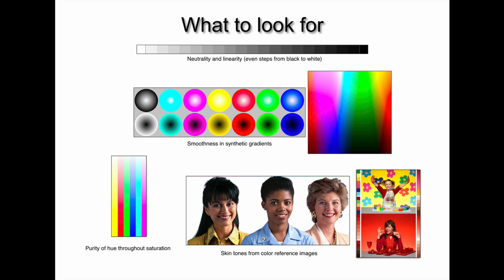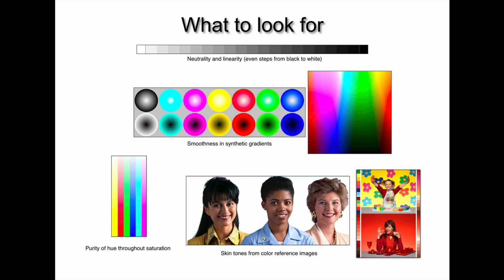Purity of hue through saturation. As you can see in the test images, we have saturated yellow, red, green, magenta, cyan, and so on, gradating from pure saturation to white. And what you want to make sure of, like the neutrality step above, is that it's a smooth gradation, that we don't see color shifts, we don't see banding. And again, you may not get perfection, but this is kind of what you want to look for in various profiles. You want to see that that blue stays blue from its full saturation to its least saturation,